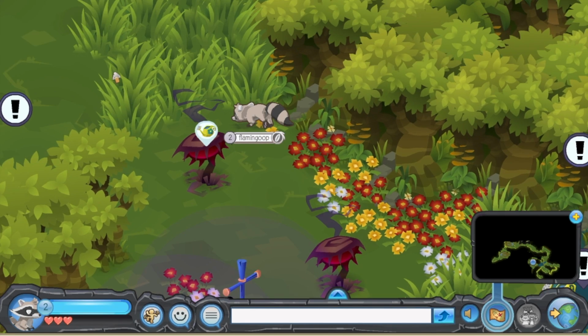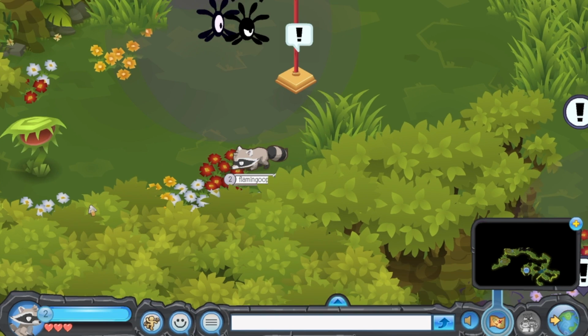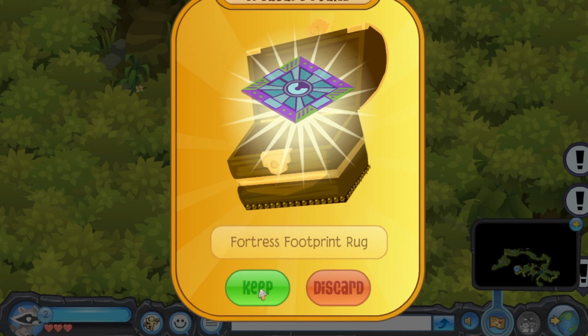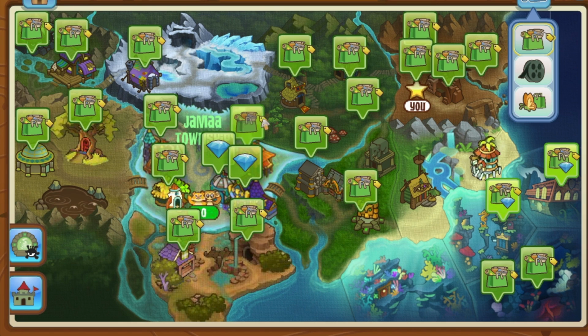And then you go up past the blue flagpole and into the area with the red one. And you're gonna wanna go ahead and go straight down and then up a little bit, and there's the last chest, Fortress Footprint Rug. Now that took me 2 minutes and 31 seconds,